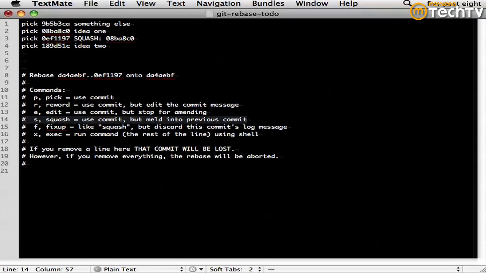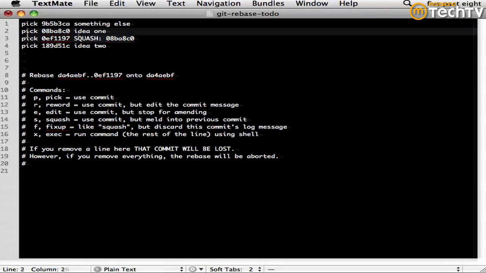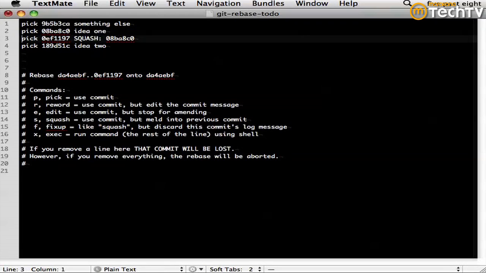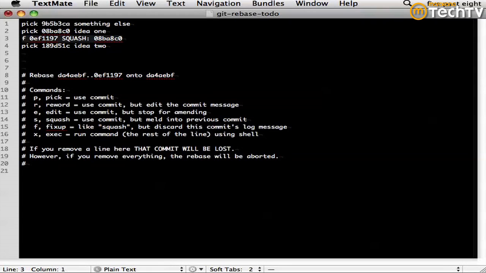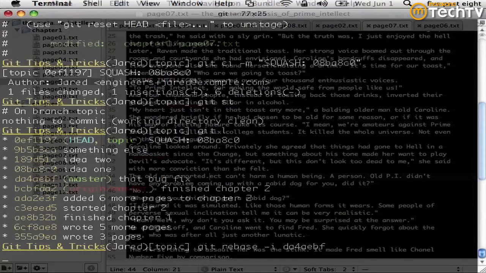Squash will take 2 commits and combine them together. During the rebase process, it'll pause and let you modify the commit message. If you just do fixup, you take the bottom commit, stick an F next to it, and it's going to stick this commit inside the commit above it. So you make modifications to this text file configuring how the rebase is going to work. You save it, you close it, and then git,